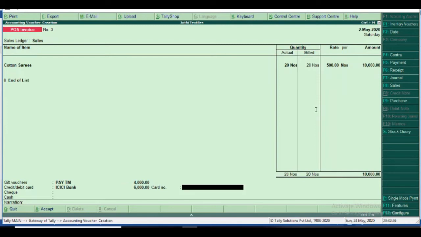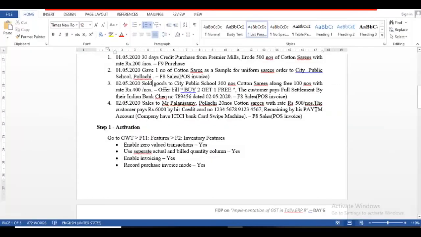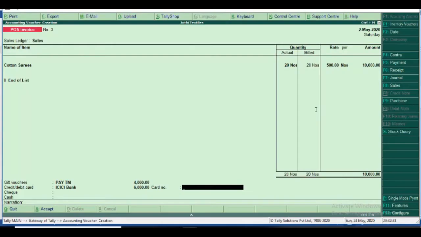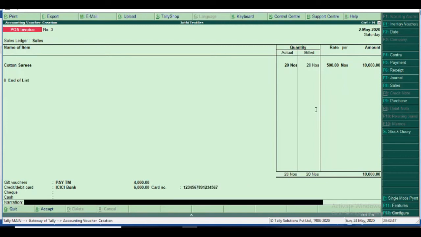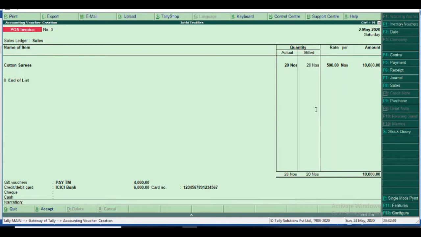I enter the credit card number. The credit card number has 16 digits, so I enter 1 2 3 4 5 6 7 8 9, nine digits complete, and again 1 2 3 4 5 6 7. Enter. The total amount is settled.